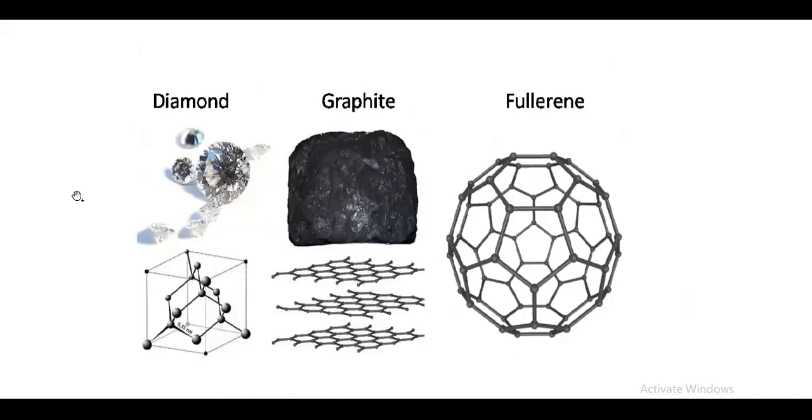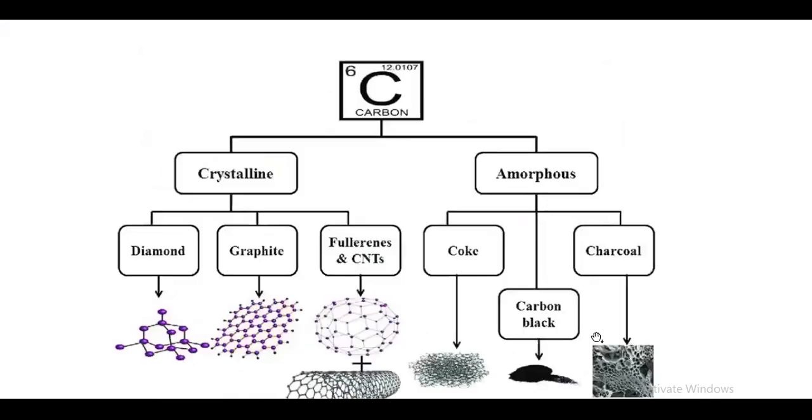This is a diamond, which we also know is a kind of carbon. It is an isotopic form of carbon, like C60 fullerene. So this is a carbonic structure. Graphite is also made from carbon. This fullerene is C60, we know it. So these are all carbonic structures. Let's go further.